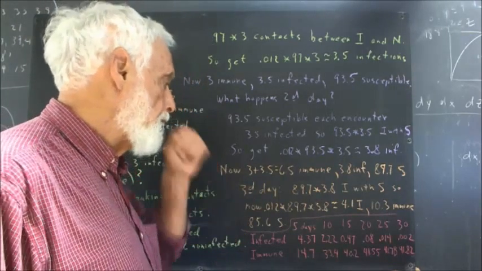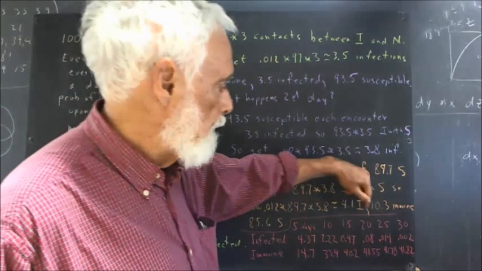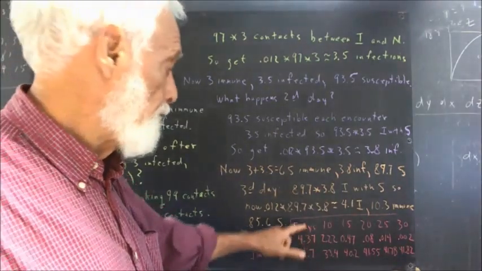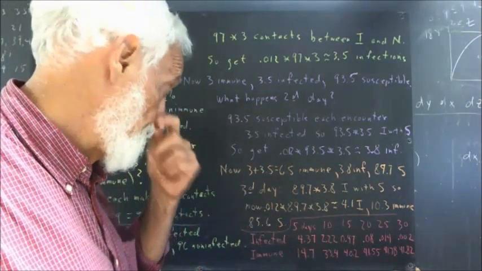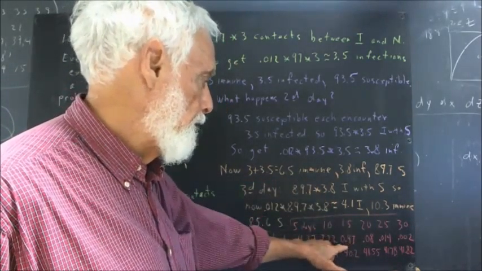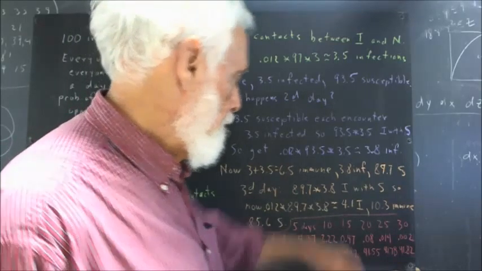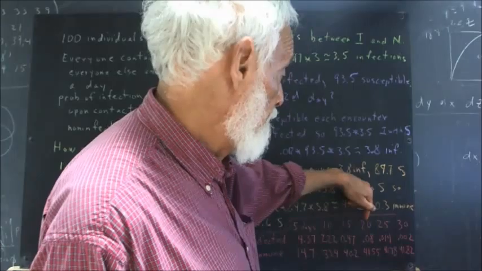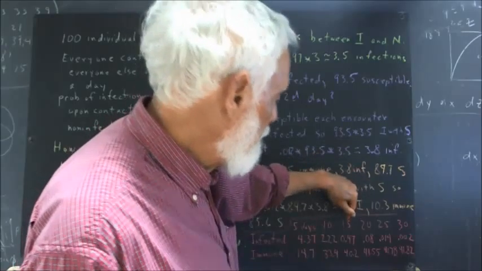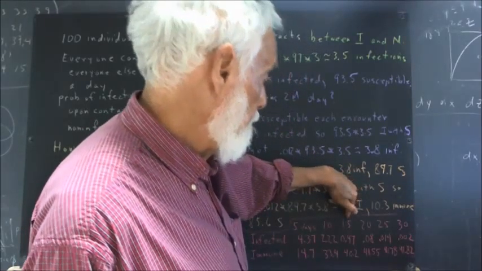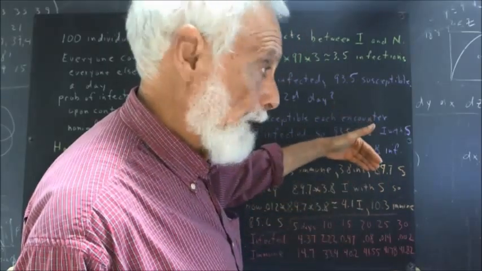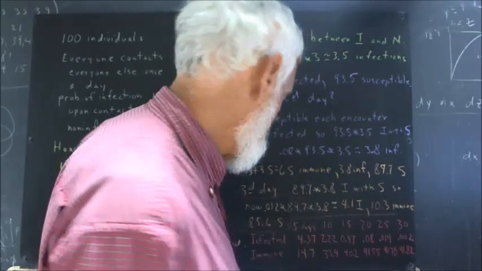The numbers of infected after 5, 10, 15, 20, 25, and 30 days climbed to 4.37, and it turns out on day 5 that's as high as it goes. After 10 days, it's down to 2.22. After 15 days, 0.47. And it drops off to less than half after 20 days and 25 and 30, which means that most likely sometime shortly after the 15th day or maybe on the 15th day, we expect no new infections and the disease pretty much dies out somewhere around the 15th day.